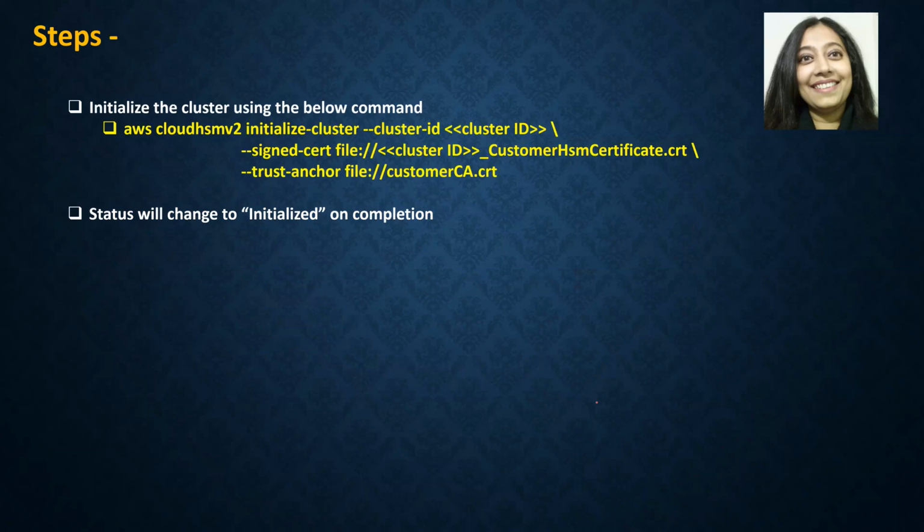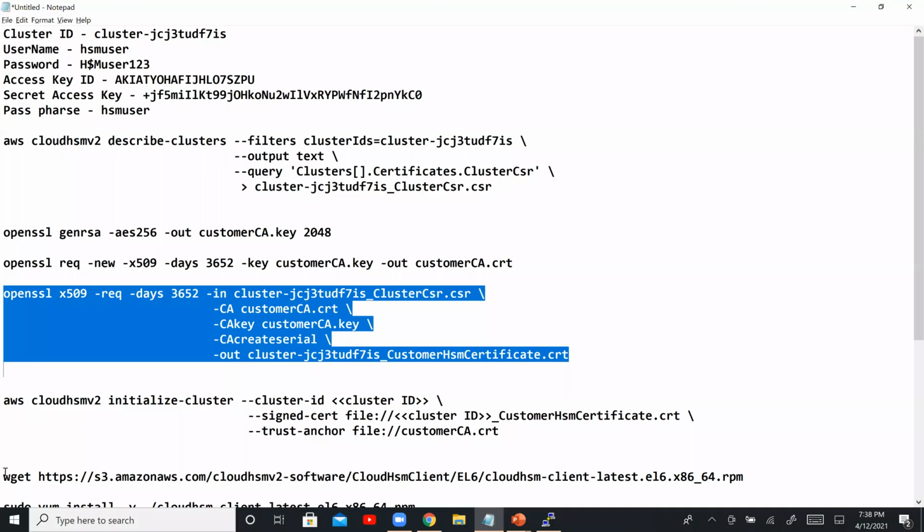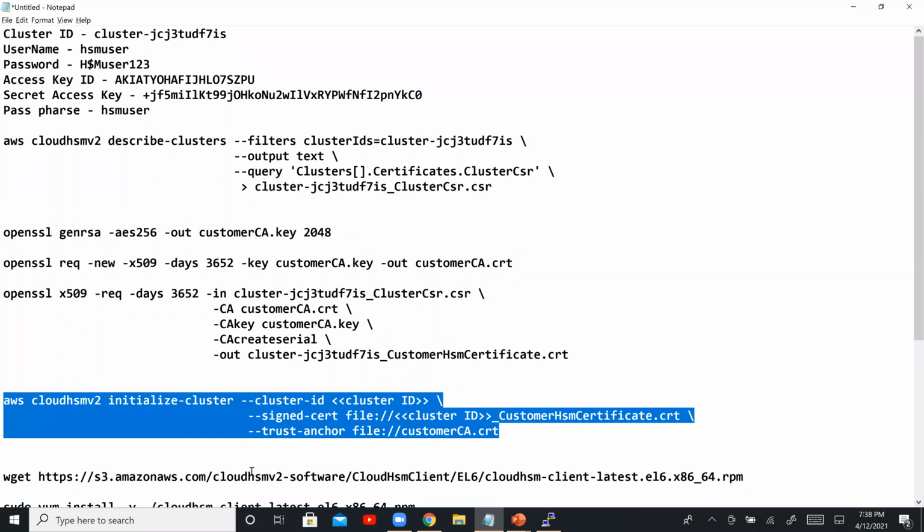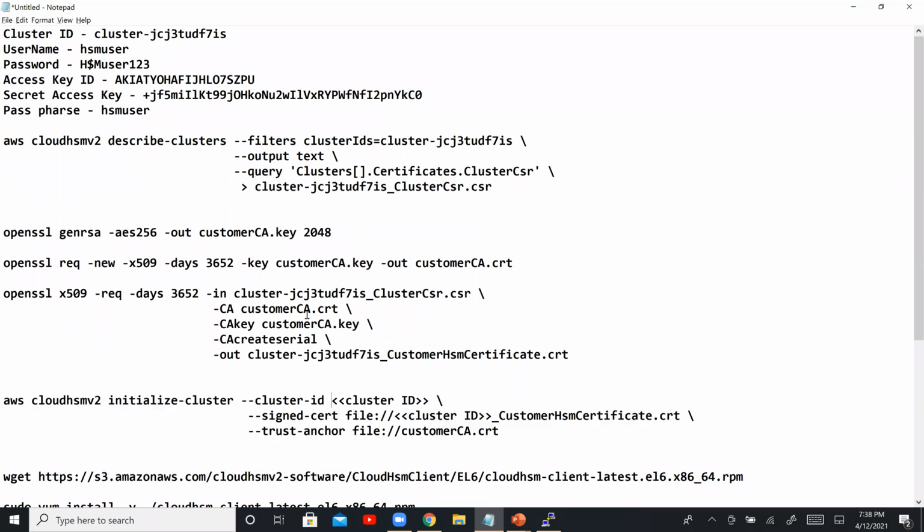Now we need to go ahead and initialize our cluster, and we will do that leveraging this particular command. If our command is successful, then the status will change to initialized on completion. Okay, so let's go back over here, copy this command, right? And again, I have to replace the cluster ID. So I'm going to copy my cluster ID and paste it